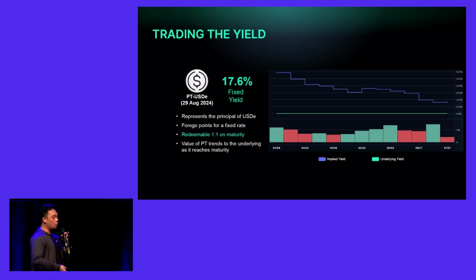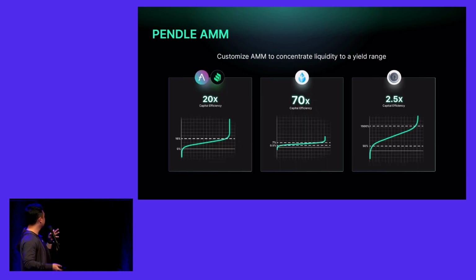So in practice, we have a market such as USDe, and this is on Arbitrum, where you are speculating on the points themselves, right? We see points as a form of yield. USDe itself is not yield-bearing, but since points are a form of yield, people can speculate on what actual APYs you are getting by holding USDe. So if you are bearish on points, you don't care about points and want to forgo them, you can just buy USDe at a discount and redeem more USDe back at maturity. And this is how you can essentially trade the yield.